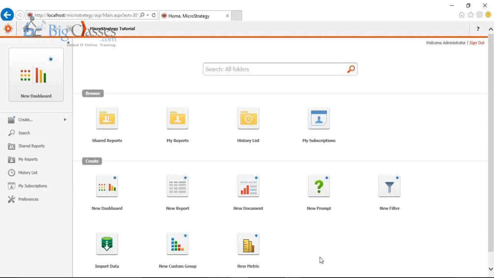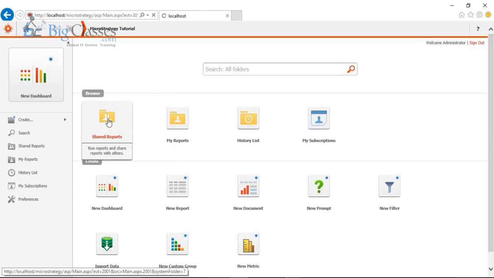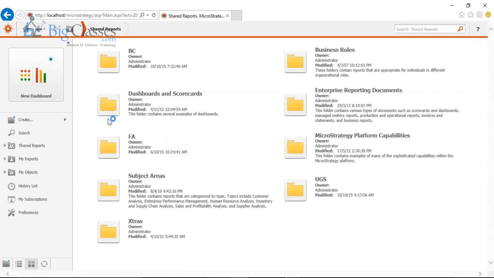If you have to create them, you have to do it under the MicroStrategy Developer, or I can say MicroStrategy Desktop. So through Web, it's mainly from the user perspective. You cannot give an option for a user to create the required schema objects from MicroStrategy Web. So MicroStrategy Web is just a UI. You log in to the environment, browse to your required folders where you have saved your dashboards or reports, and once you browse to that,